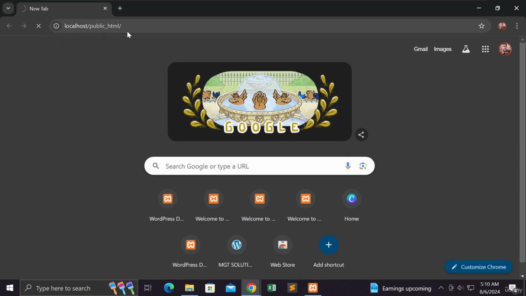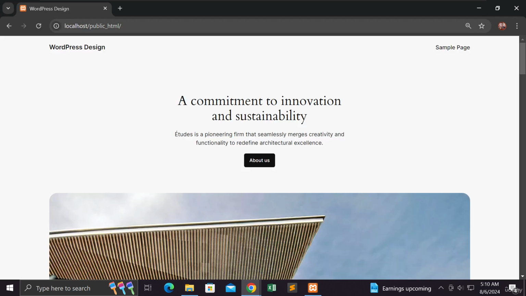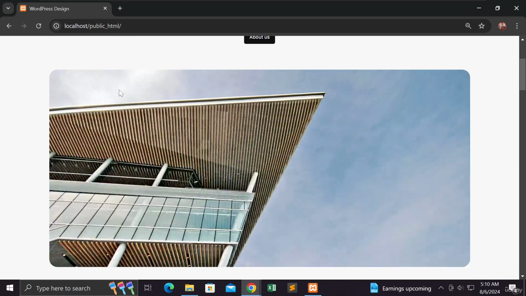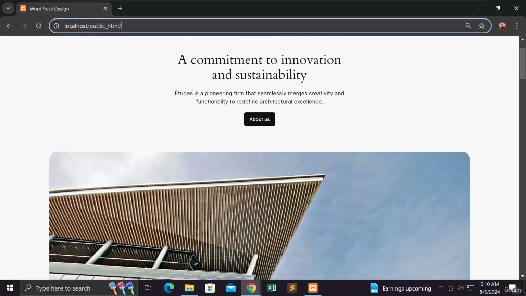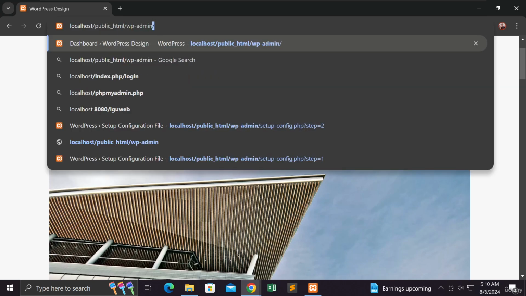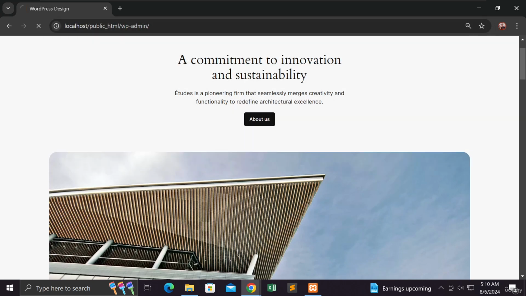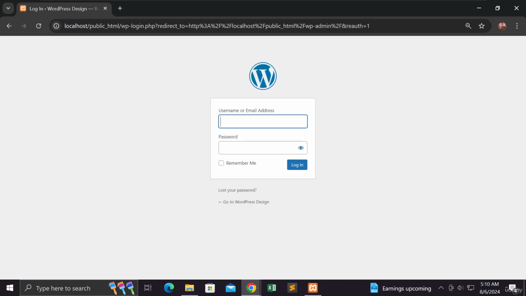So we're going to open the HTML folder, and we will see our website. Okay, localhost public HTML. Then I'm gonna add wp-admin, which is the default link,